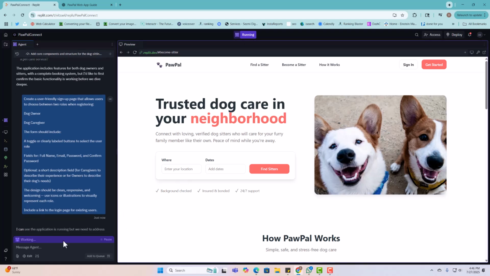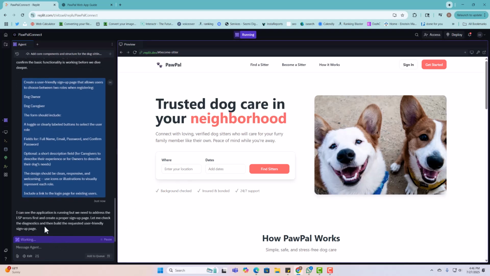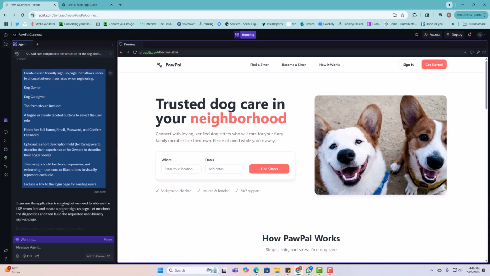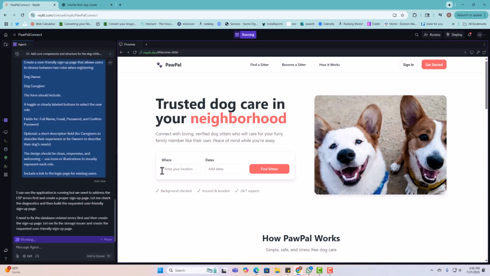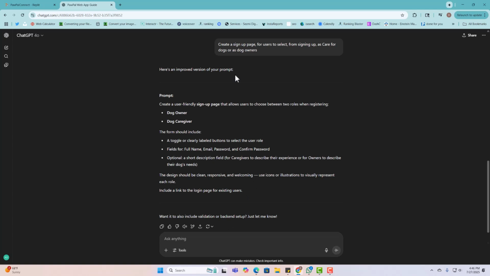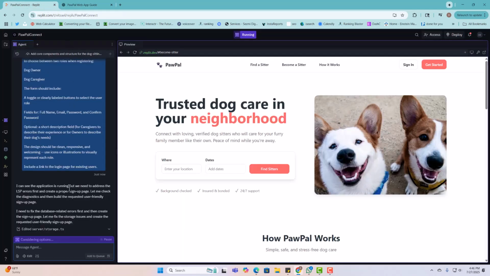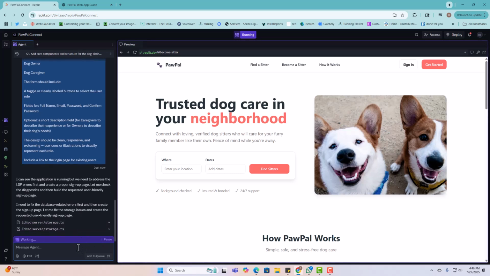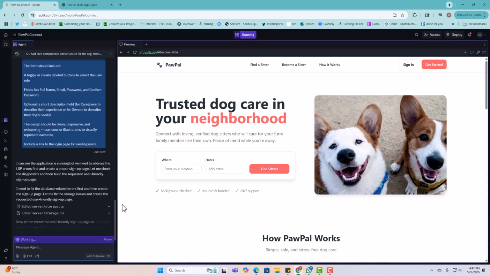While that's working, it's going to tell you exactly what it's going to be doing. This is also very useful because if you don't understand what is happening, once it completes this, you can copy all the text that Replit gave you, and then tell ChatGPT here, or open a new chat so it doesn't mess with your prompts, and just tell it, I got this message from Replit. Is everything good? If you want to just verify